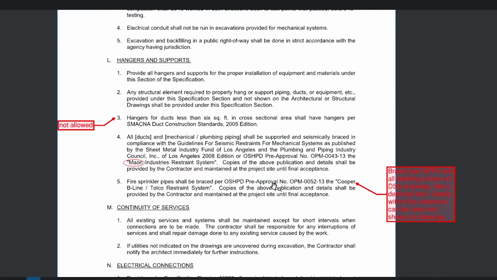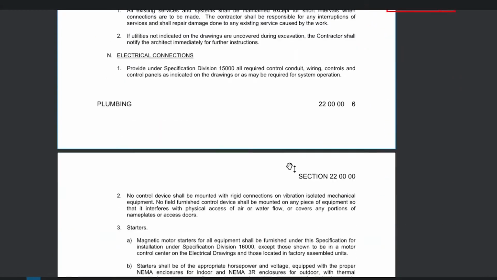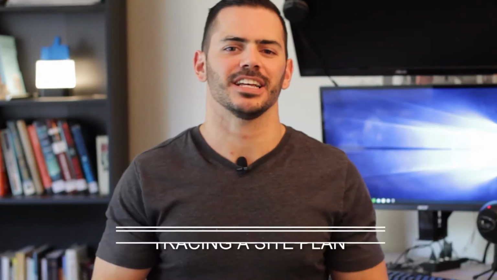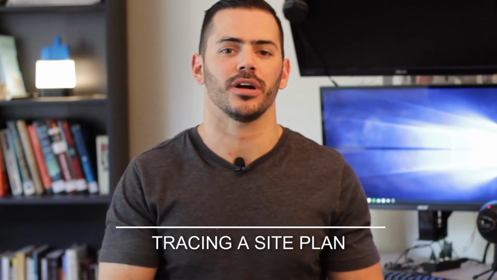So my job is to go through and address all of these comments that they made in our specifications and then make the changes accordingly. That way we can resubmit the project to the DSA and then they can review it again and then hopefully approve the project. My next task was to work on a site plan for a new project where we're upgrading